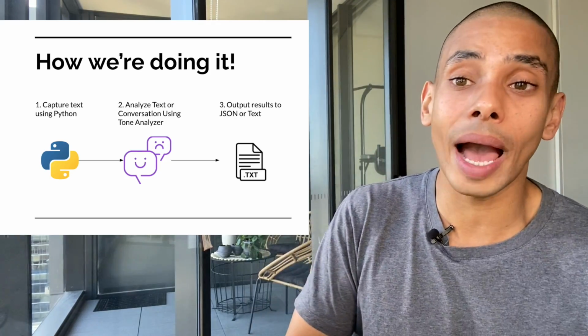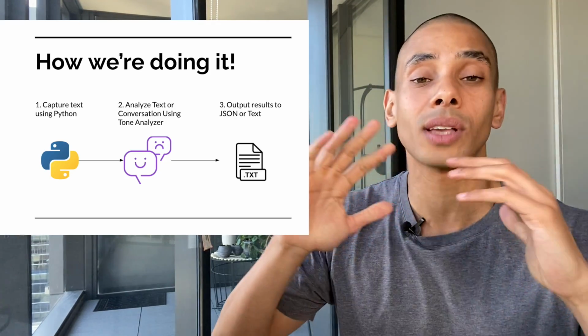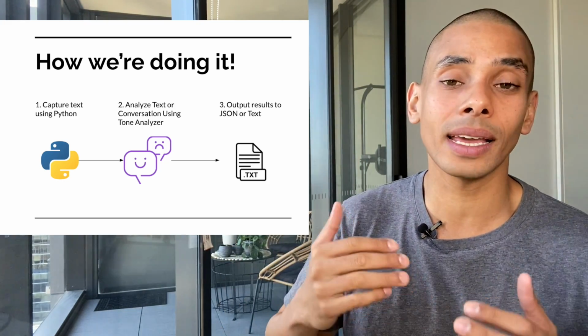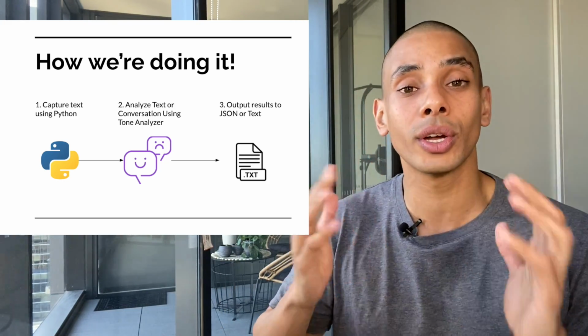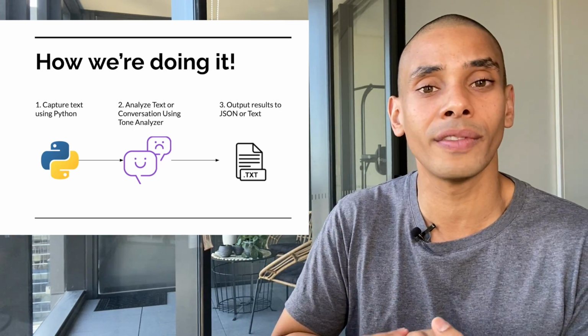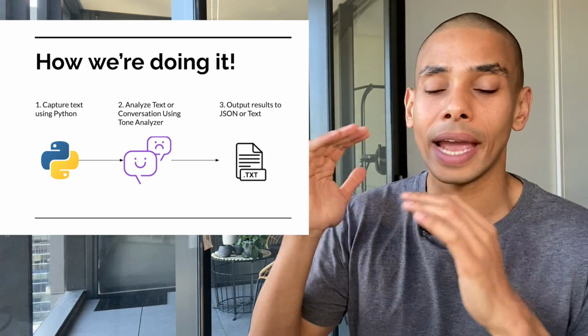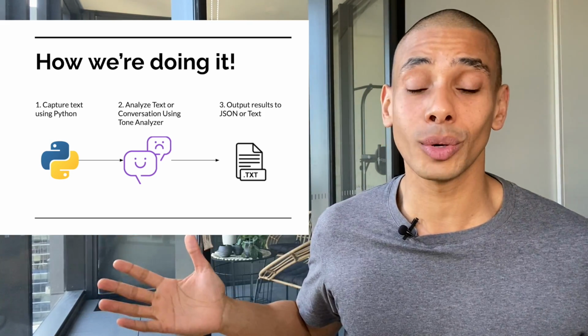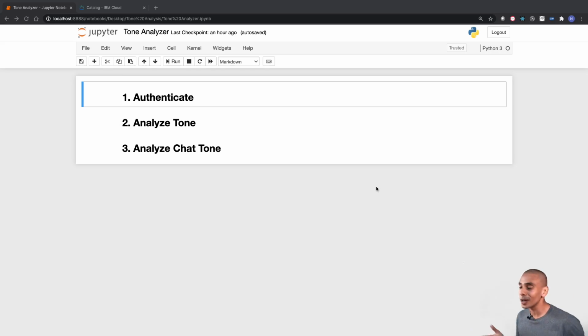Now, in terms of how we're actually going to be doing this, we're going to be working inside of a Jupyter notebook and working with Python. We'll then use the IBM Watson SDKs to be able to connect and use the Tone Analyzer service, and we'll output our results to a JSON object, which can also be output to a text file. So ready to get to it? Let's do it. So in order to build our Tone Analyzer, there's three key things that we're going to need